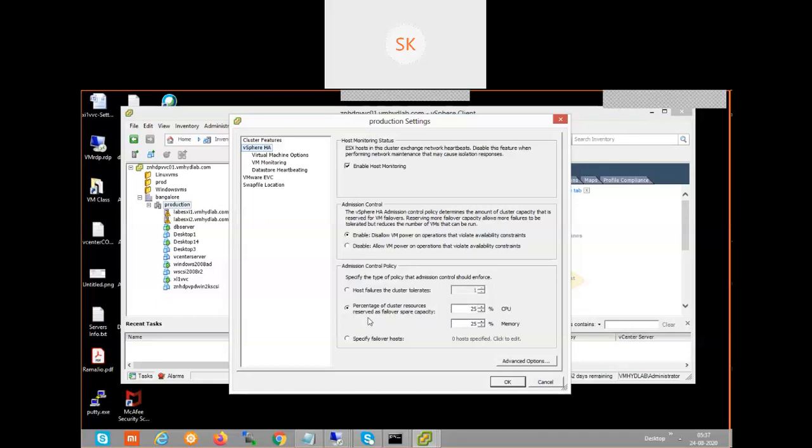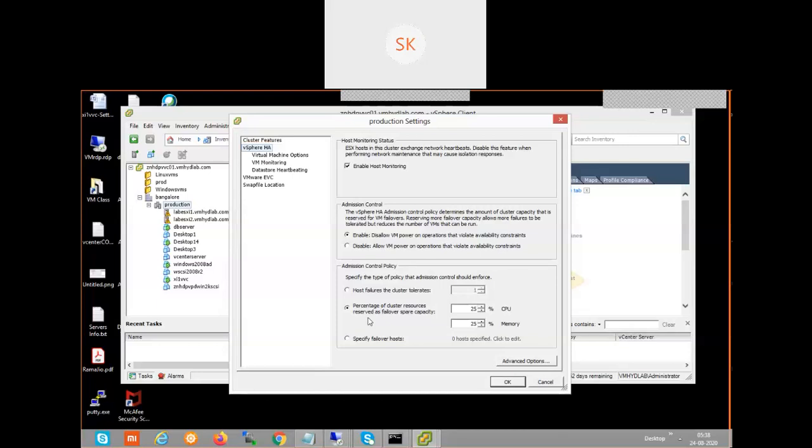For example, if I select the first option, straight away one host is going to be put aside. Its resources are not going to be used at all. Generally, in a production, live environment, the cluster is going to have maybe 10 or 15 hosts. So that I can make it fault tolerant, my cluster should be able to withstand even two host failures. I can configure that by choosing the first option. As I have only two ESXi hosts here, I cannot go with more than one, right?